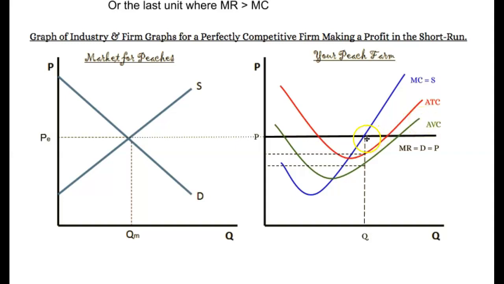And your quantity, again, profit maximizing or loss minimizing, is where MR equals MC. So where your MR intersects the MC curve, that is where you're going to produce. Remember on this graph, the MC equals supply when it is above AVC. You are not going to produce below AVC, you're producing above AVC. So this is where you're going to produce, and that is your supply.